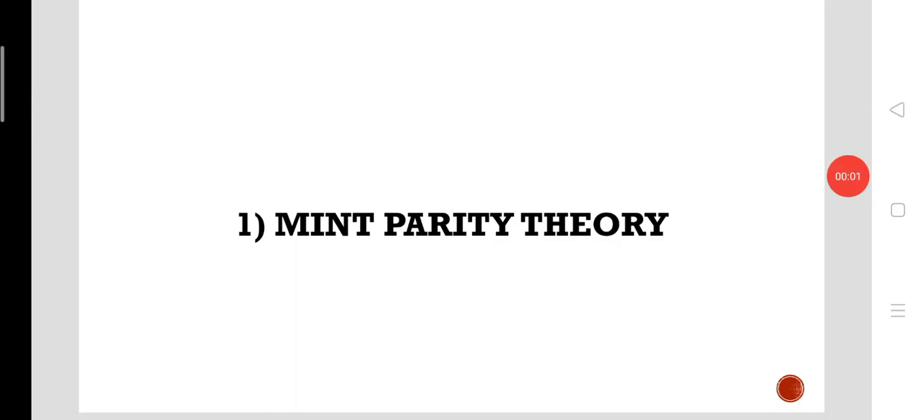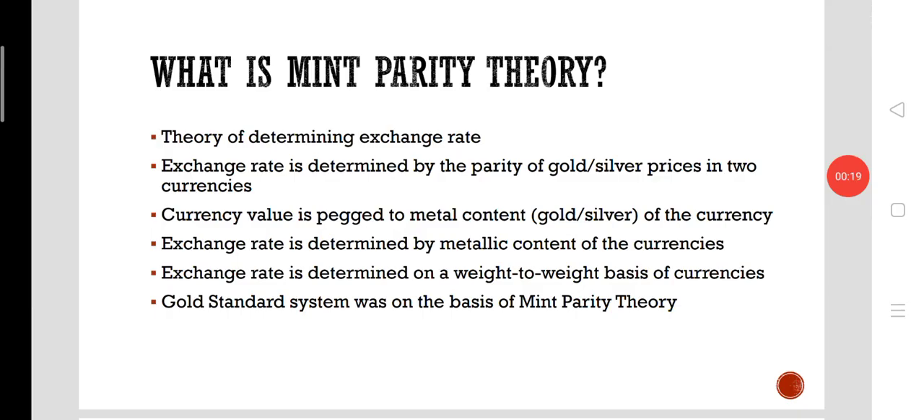So far we have studied exchange rate systems under which the exchange rate of one currency is determined against another currency. Now we have theories of exchange rate. The first one is the mint parity theory. So what is mint parity theory? This is one of the theories of exchange rate determination. This explains how the exchange rate is determined for one currency in terms of another currency